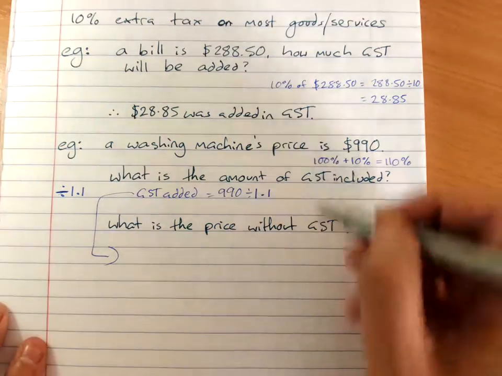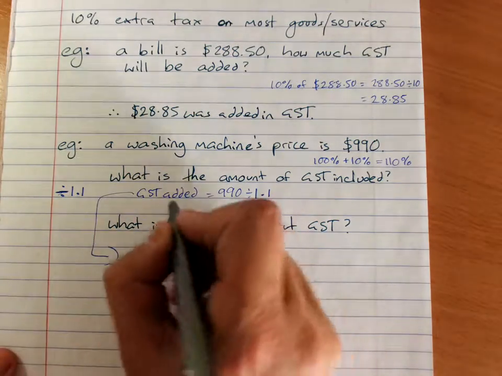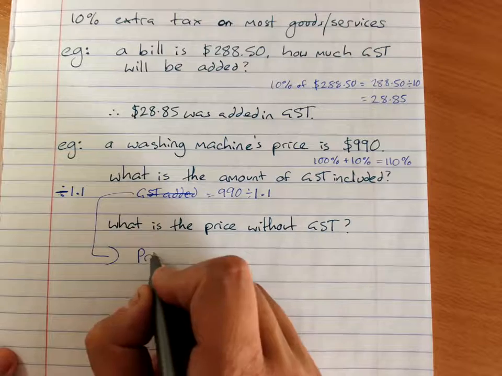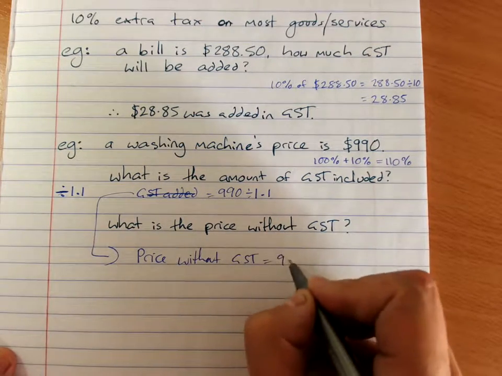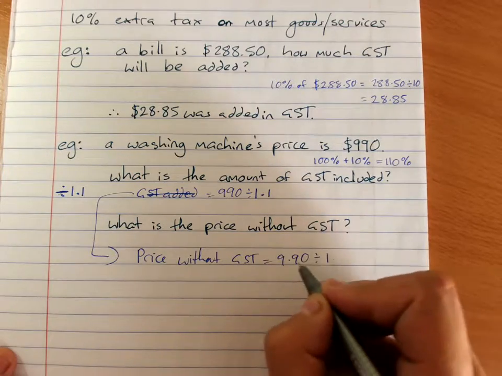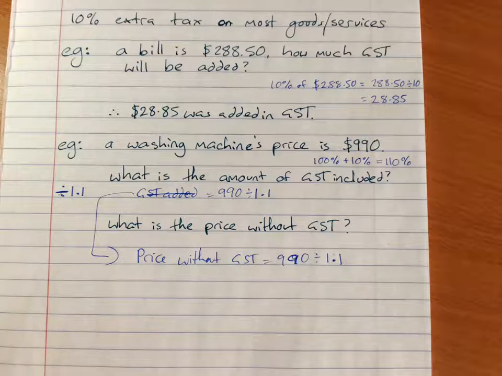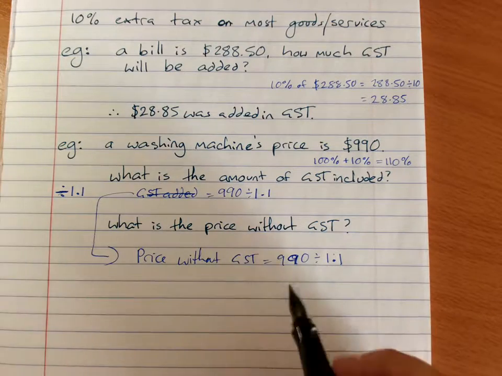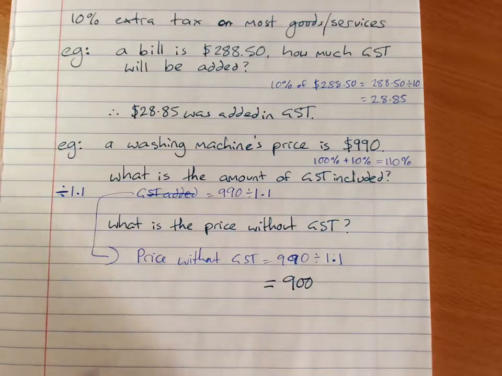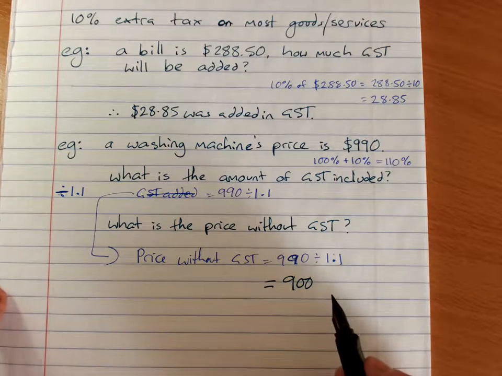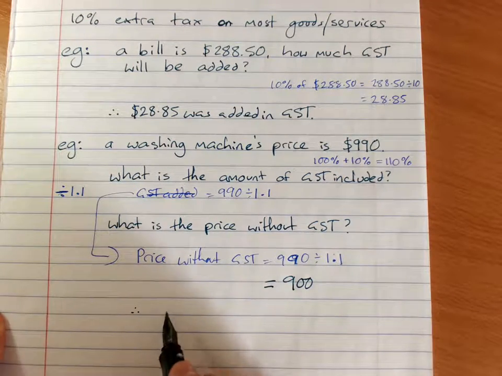I put the questions in the wrong order. $990 divided by 1.1. Doesn't help that I rearranged them. So 990 divided by 1.1 is 900, which gives me a clue that this definitely wasn't the amount of GST added. Word answer,